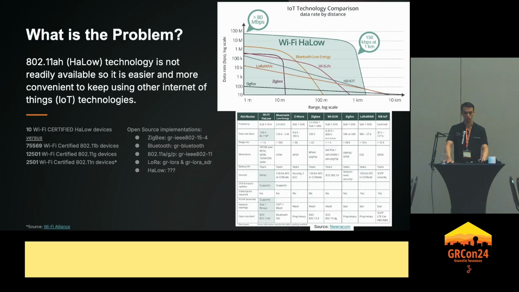When I bought my nodes, they advertised WPA3 encryption and everything, and I was like, well, if this is an open part of Wi-Fi, let's take a look at it with an SDR and see how much I can learn from it. But unfortunately, what's the main problem? There weren't a lot of devices available. There weren't a lot of open source repositories to be able to already decode Wi-Fi Halo.